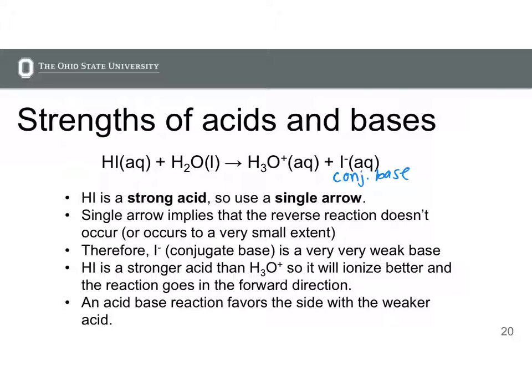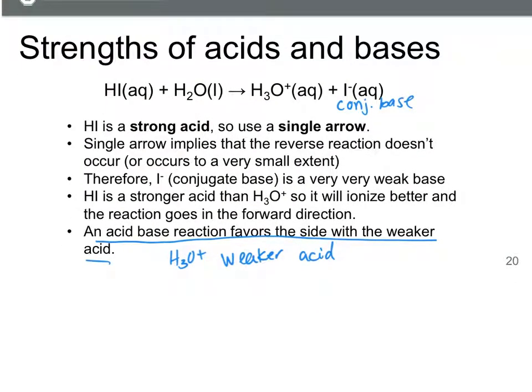The other important thing to note is that an acid equilibrium favors the side of the reaction with the weaker acid. And what I mean by favors the side is that there will be more either reactants or products at equilibrium. So H3O+ in this example is the weaker acid, and so there are going to be more products than reactants